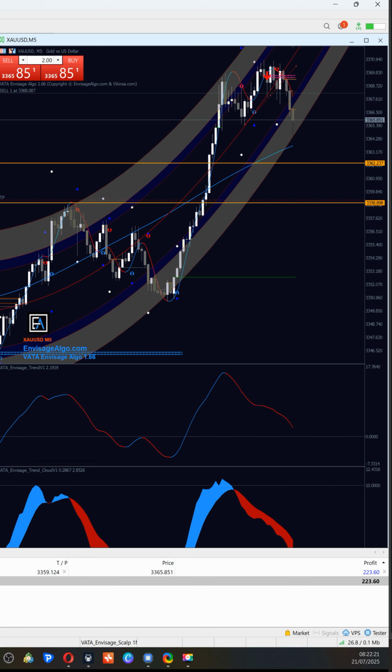Looking at this one, it is because there's a gap here which was left over in the early morning. So usually the market comes to these gaps. They are not guaranteed to get filled, but they can be good targets if you know what you're doing. So that's why we are targeting these gaps here, which are these yellow levels.